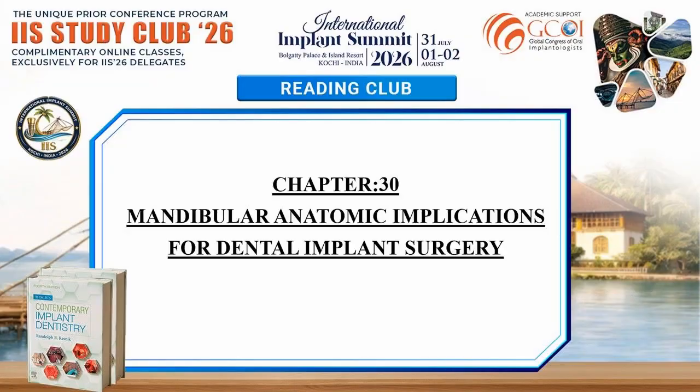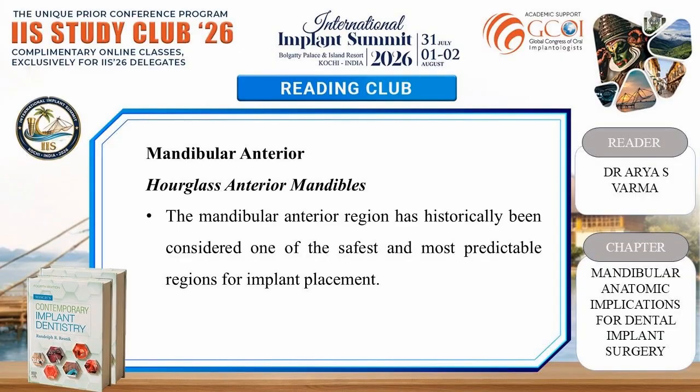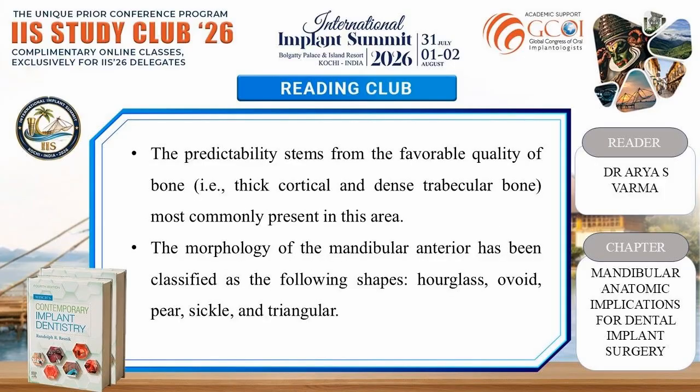Moving on to chapter 30, Mandibular anatomic implications for dental implant surgery. Mandibular anterior, hourglass anterior mandibles. The mandibular anterior region has historically been considered one of the safest and most predictable regions for implant placement. The predictability stems from the favorable quality of bone, that is, thick cortical and dense trabecular bone, most commonly present